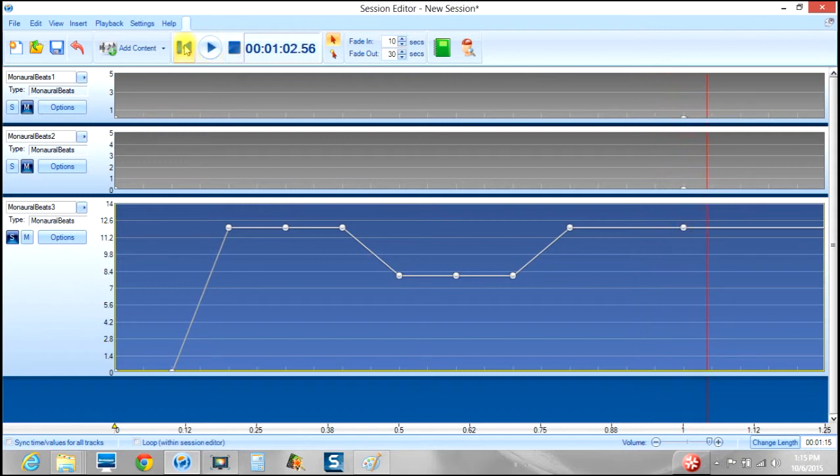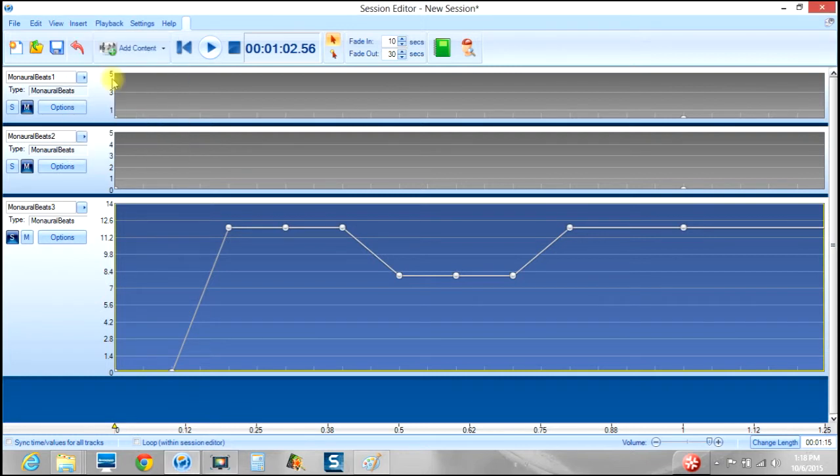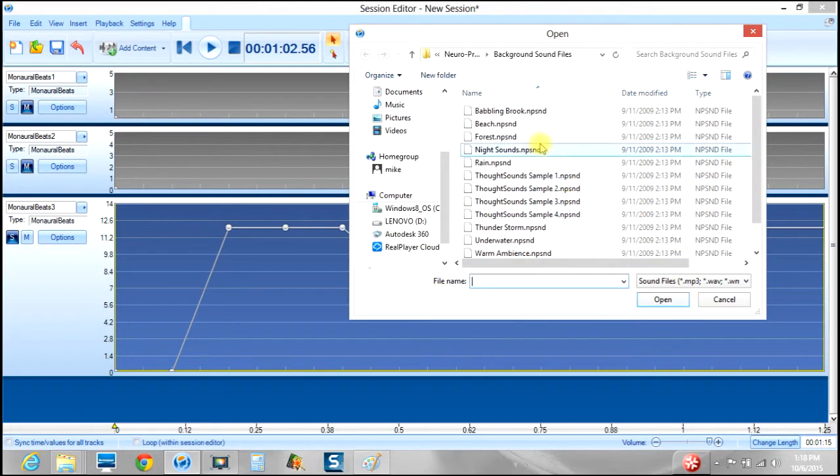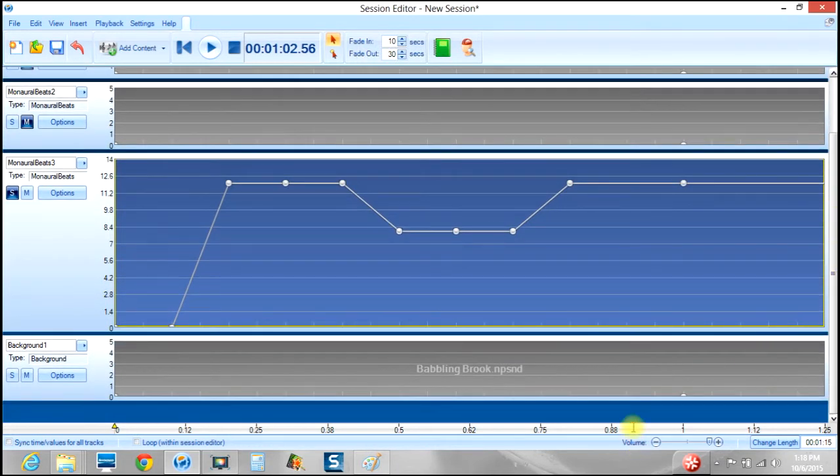Okay, so stopping that, and so this track is coupled with a background, a nature sound background file track. So let me add a background sound file of nature. The nature sounds are already in this program here. So insert, add a sound file, and there's a bunch of them here. I'll pick this first one, Babbling Brook, open that up, and kind of stretch it down,